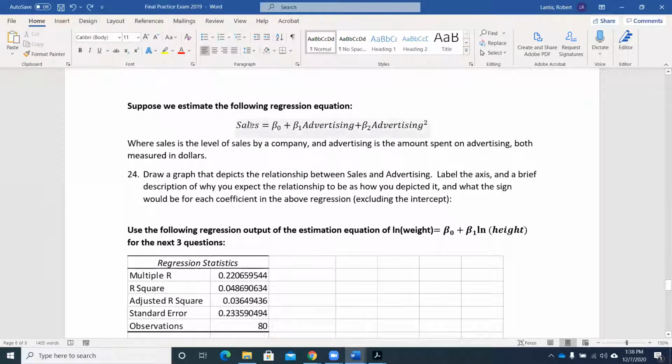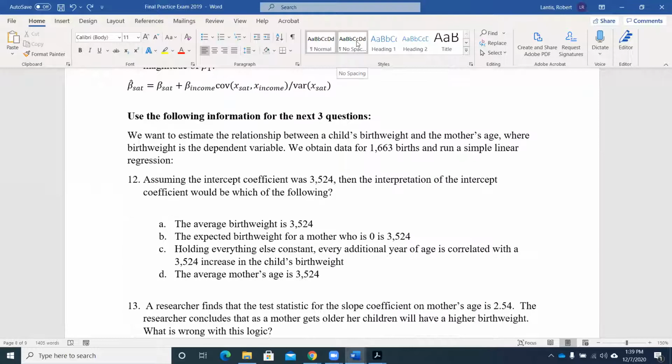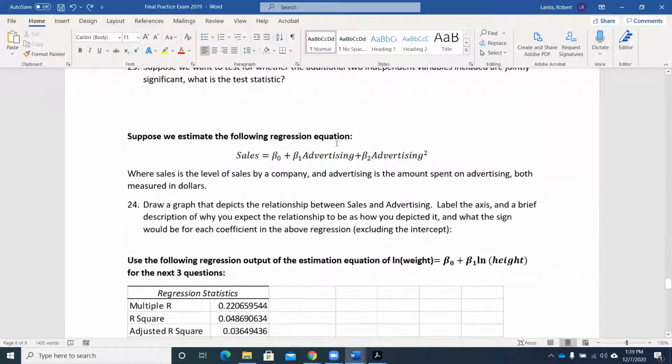So we've got this regression equation, which is sales, and we're measuring this in dollars, right? So sales measured in dollars, that coefficient beta 1 is on advertising, beta 2 is advertising squared, so just the advertising variable but squared. I asked you to draw a graph about what you think the relationship between sales and advertising might be, label the X and Y axis, and give a brief description of why you think that relationship looks the way it does. And if that relationship in fact looked that way, what would the sign of beta 2 and beta 1 be? So here what I'm asking, we talked about if we include this quadratic to allow a relationship to be